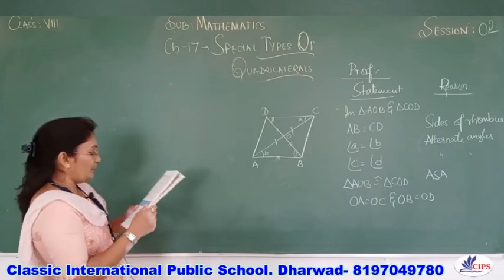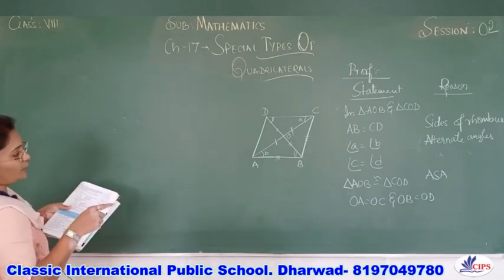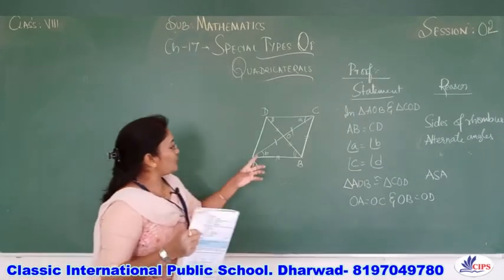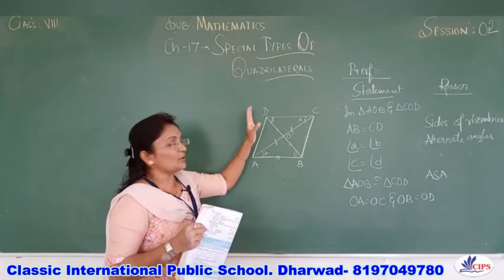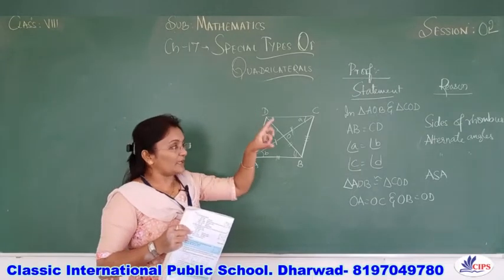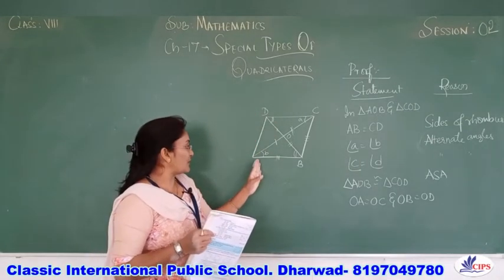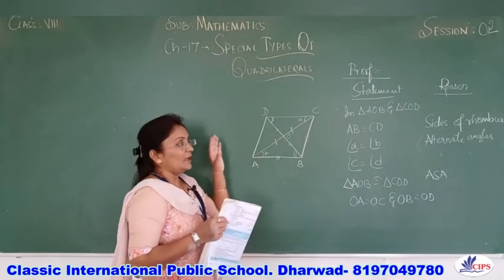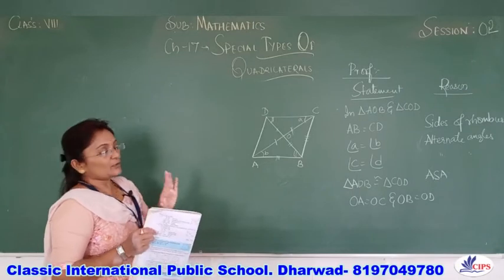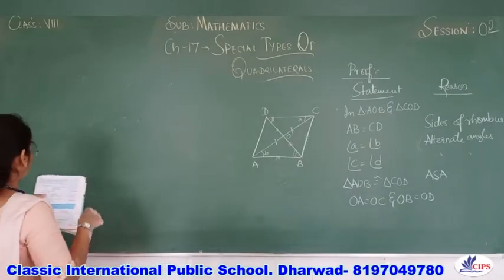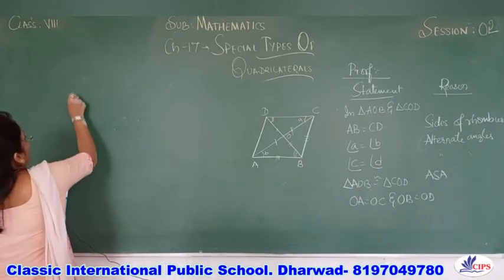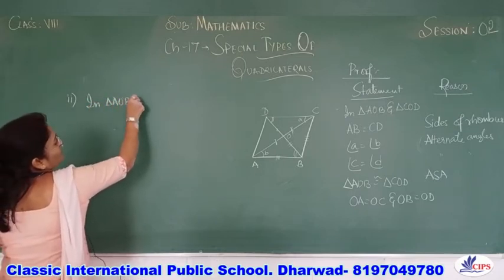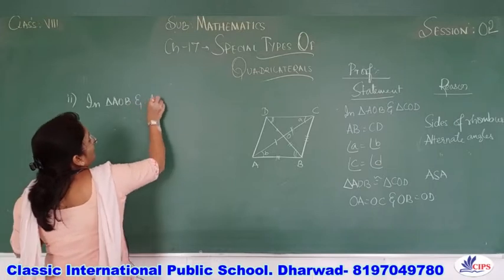Now let us start the proof. So now we will consider triangle AOB and BOC. Why do we have to take those only? You can take this also. You can either take AOB and AOD also. Got it? So wherever we get a straight line, that only we have to take. So we are taking AOB and BOC now, as I have explained already. It's a straight line and two triangles are standing on it, so they form a right angle, so we have to prove that. Next, second one, in triangle AOB and triangle BOC.